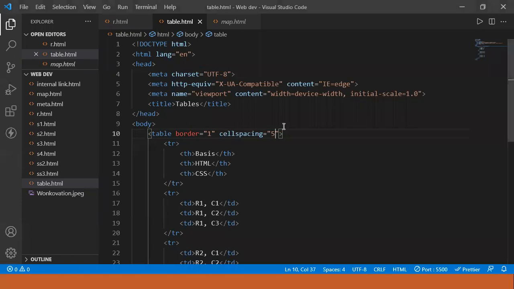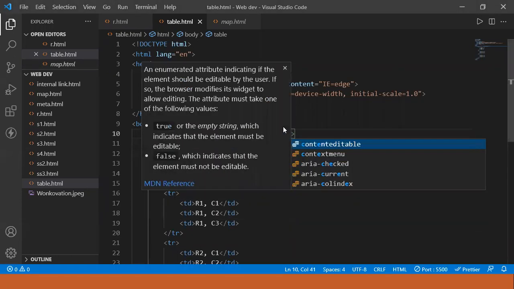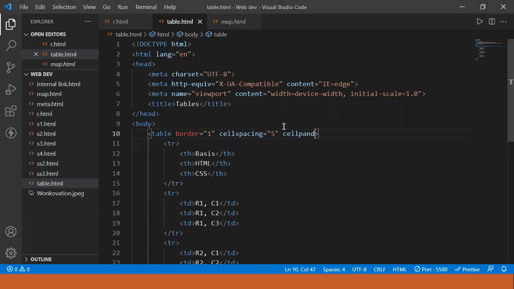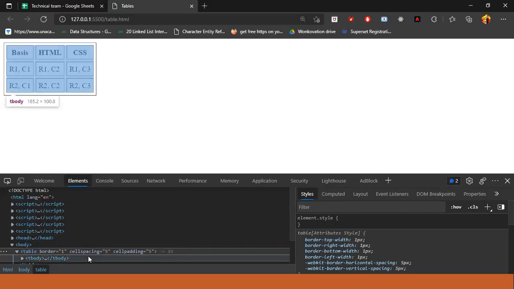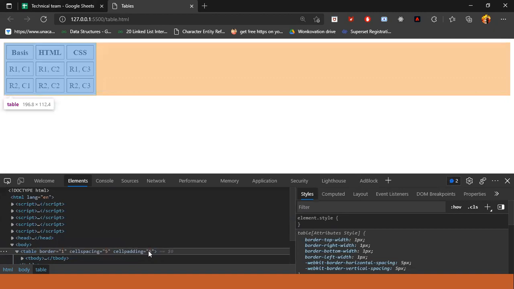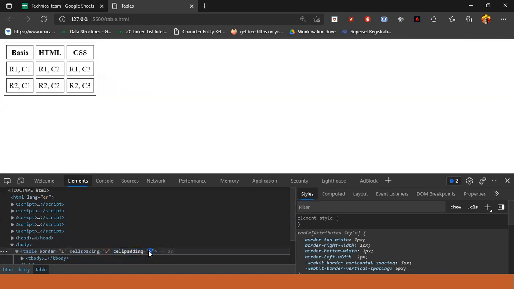Now, if I want to put the cell padding over here, it will be inside, between the content and the cell. If I increase it to 10, you will be able to see the change.